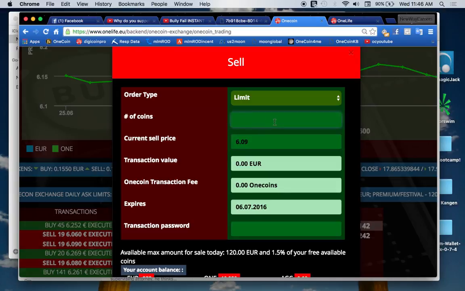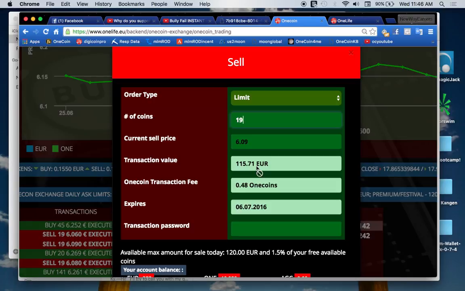Now the number of coins: you can see if I hit 19, right here, 115 euros, that's the transaction value. If I go up to 20, oh, it goes above this 120 euro limit that I'm allowed to do per day. So I know that I'm going to keep it at 19. So I'm going to sell 19 coins at €6.09, and what's going to go into my cash account,